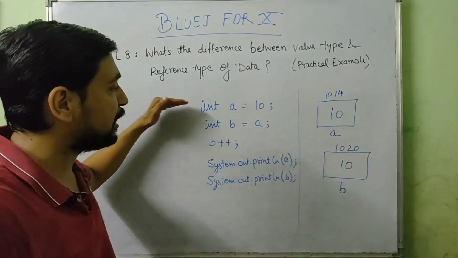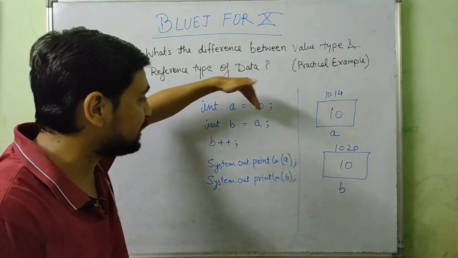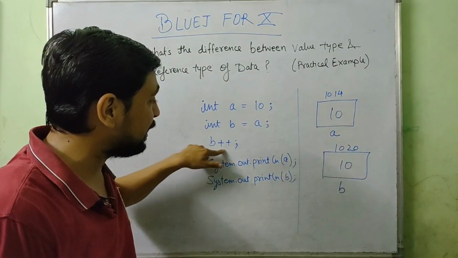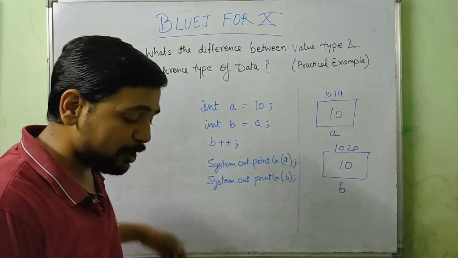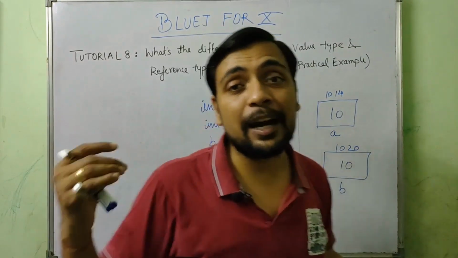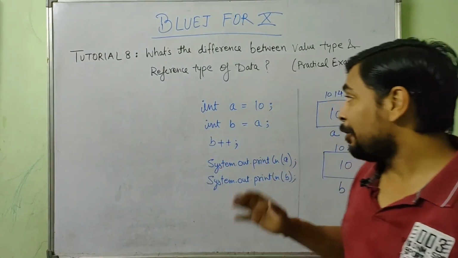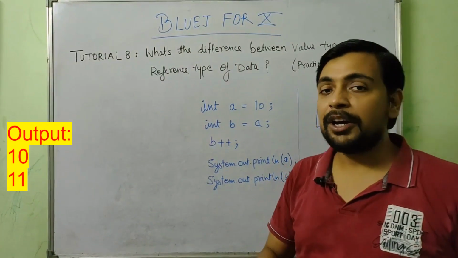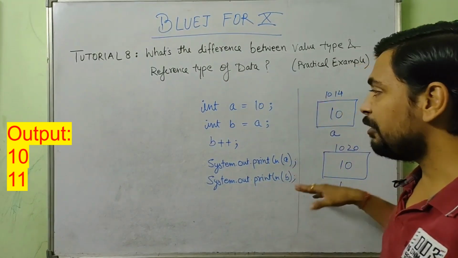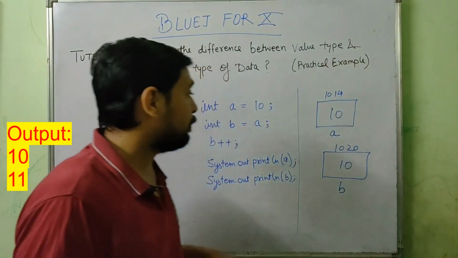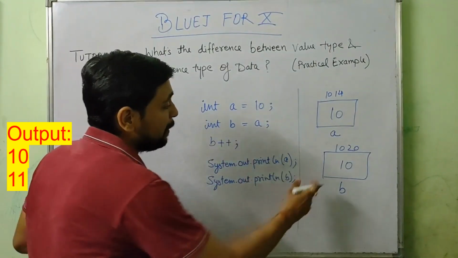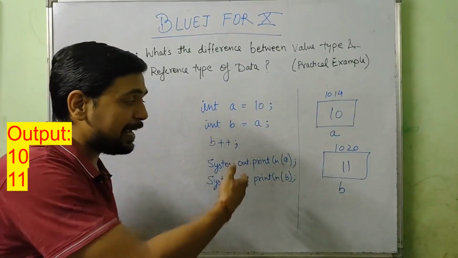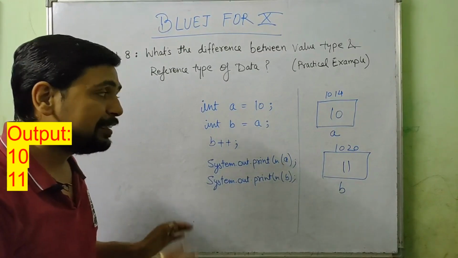So what we have done: we declared a variable, assigned a value to it, created another variable and assigned the first variable to it. The second variable, I am incrementing its value by 1, and then I have printed the values of A and B. The output of this program will be 10 and 11, and if you commented the same, congratulations, you told the correct answer. It's obvious because after assigning A into B, we increment B, so B becomes 11, no doubt. Then if I print A and B, the output will definitely be 10 and 11. I hope this much is clear to you.